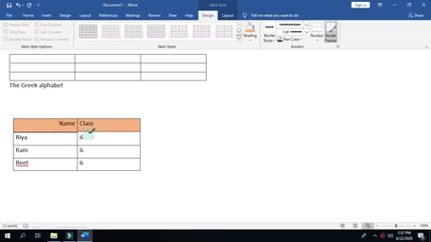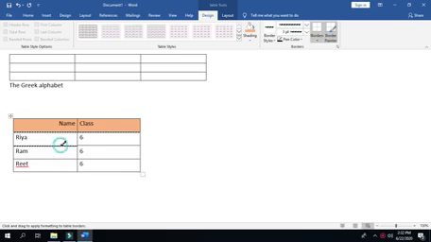With this option we can change the border of different cells. So here is a brush, and with this brush, on whichever line we click, the border of that line will be changed.